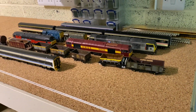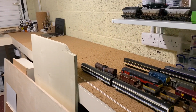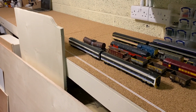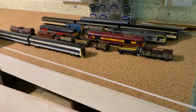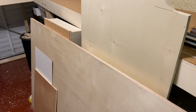So I've done the whole length of the Fiddle Yard. I've tried to leave slight gaps where boards join each other, or gaps in the cork, so if this all needs to come apart at some point, it's not going to end up ripping all the cork up. I have also done the lift out section,